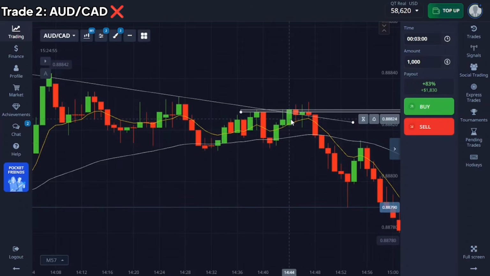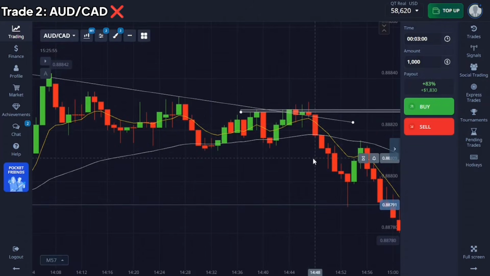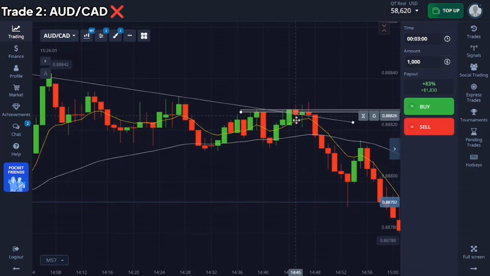And after we got a bullish engulfing candle close here, I genuinely thought the price was going to continue going up. I thought it was going to the moon because shortly after this candle close here, price broke above the resistance zone, and this is where I locked in a 3-minute buy position. I was confident, right? But price swiftly rejected back down below the resistance zone, below the trend line, and just